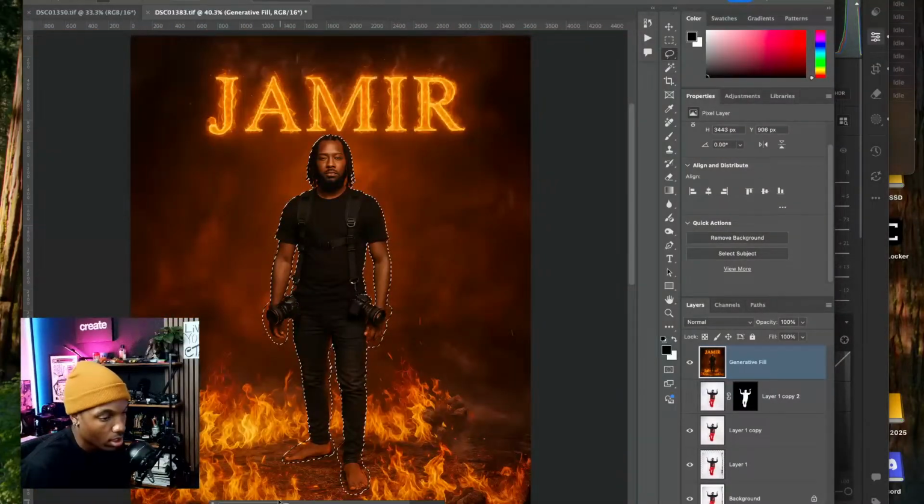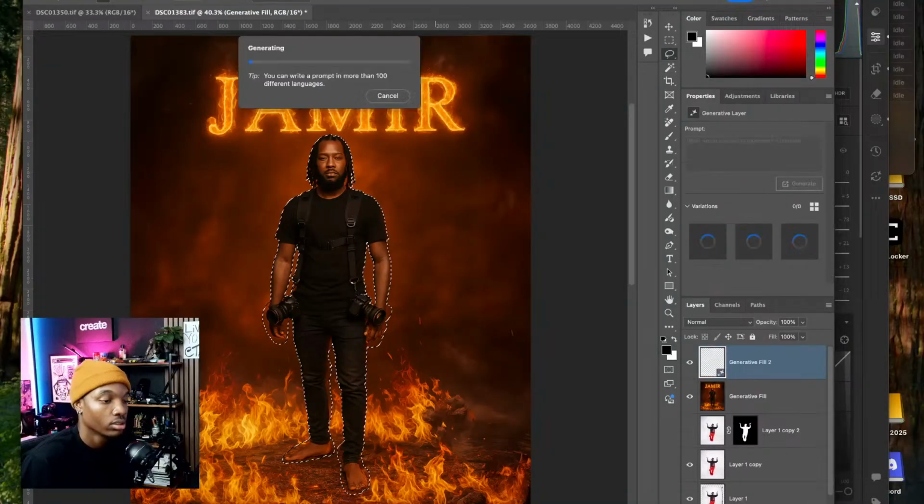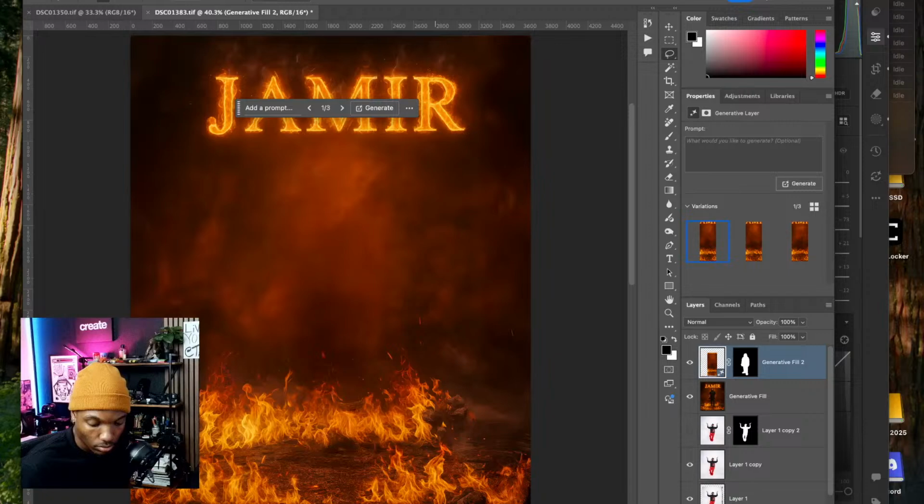Command 0 to zoom out, hit generative fill and generate. And it should just kind of guess what you want it to do. If you leave it blank, it kind of guesses and does what it thinks is best, which a lot of the time the AI gets wrong. But it does what it thinks is best. There we go. So I removed him out of there,